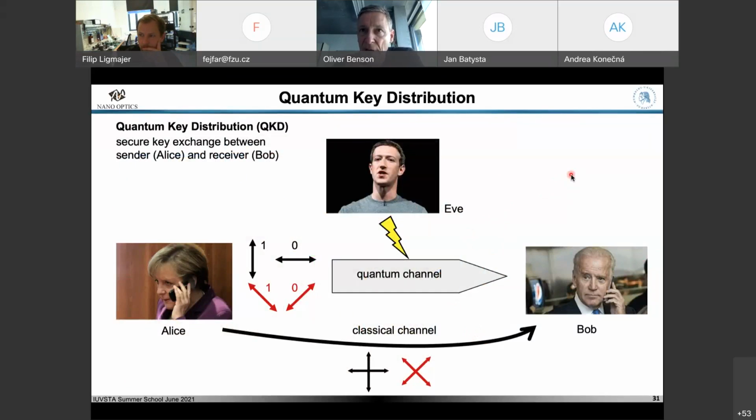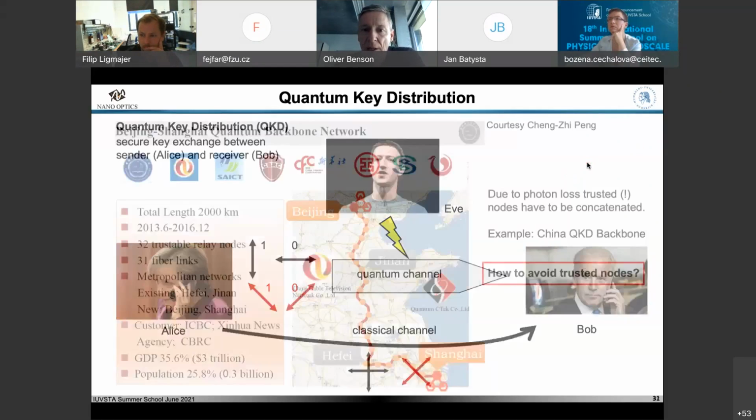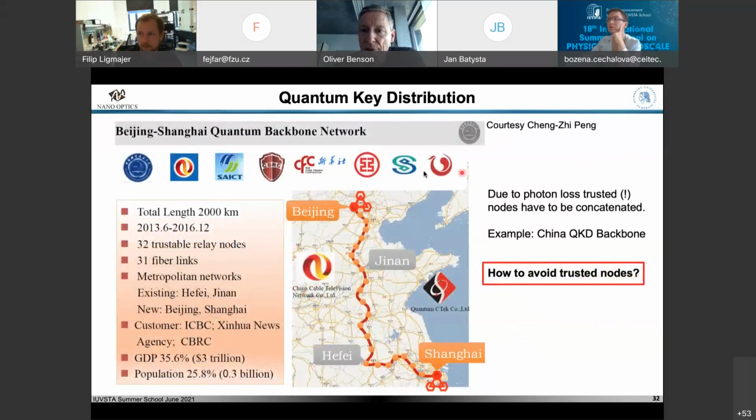What an amplifier does, roughly speaking, is reproduce the same state. For a quantum object, this would be equivalent to seeing what you have, measuring it, and then doubling it. And this would disturb the quantum properties already. So it's impossible to use a simple amplifier for this. Nevertheless, you can use the so-called quantum key distribution, but then you need the so-called trusted nodes.